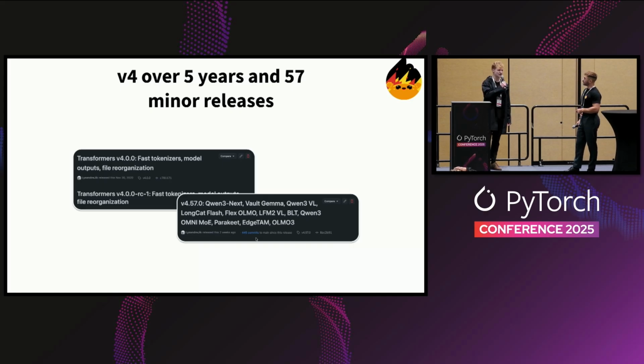So we're getting closer to the time where I started working for Hugging Face and maintaining Transformers. I'm very happy because I was able to see the number of models we support going from around 20 to what it is today, 357 or something. And we're now standing at version 4.57.